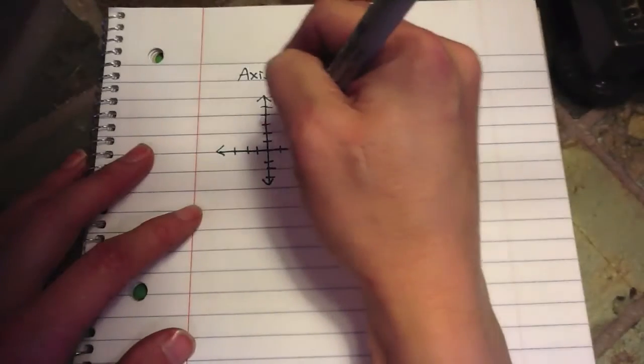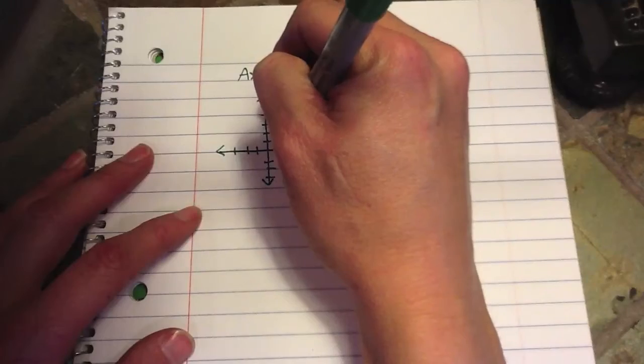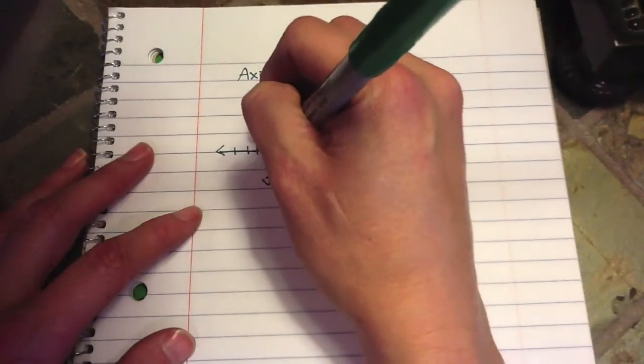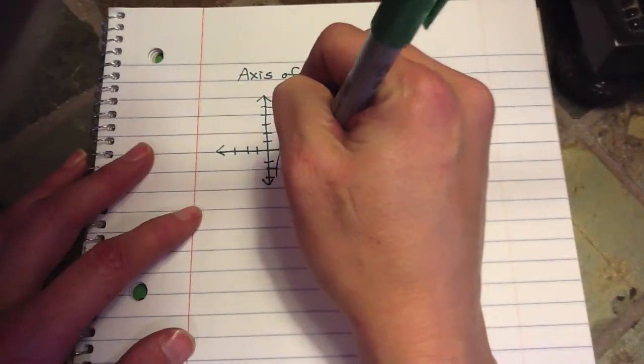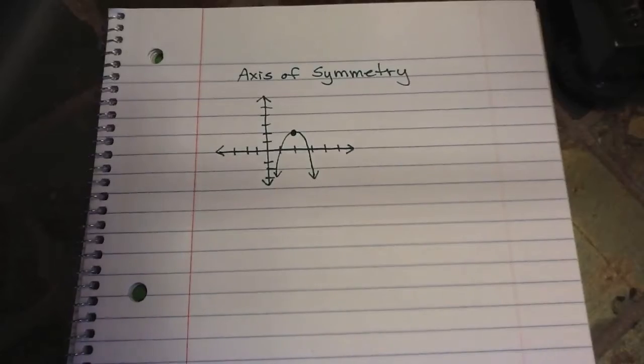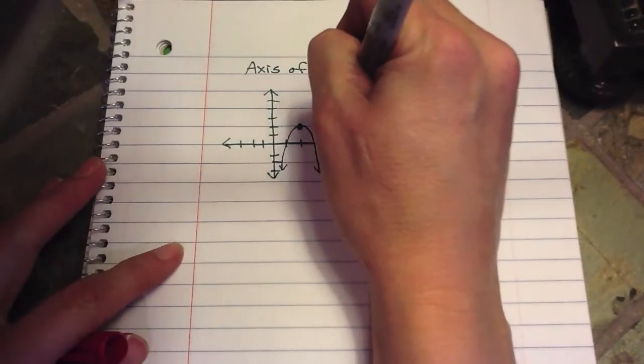And I'm going to plot a point that starts at 2, 2 right there, just so it's easy to see. And I'm going to have it go ahead and open down. Okay, if this is your vertex right here, and this was at the point 2, 2,